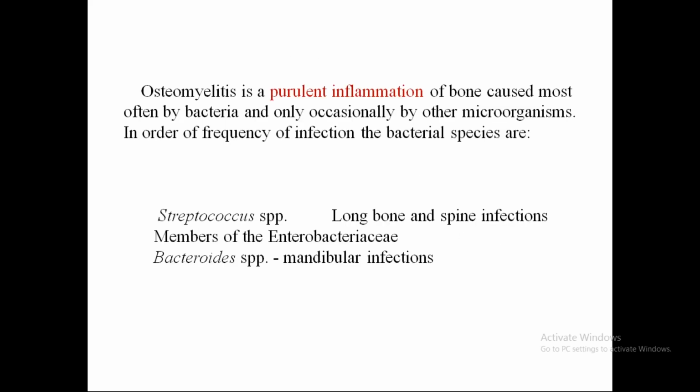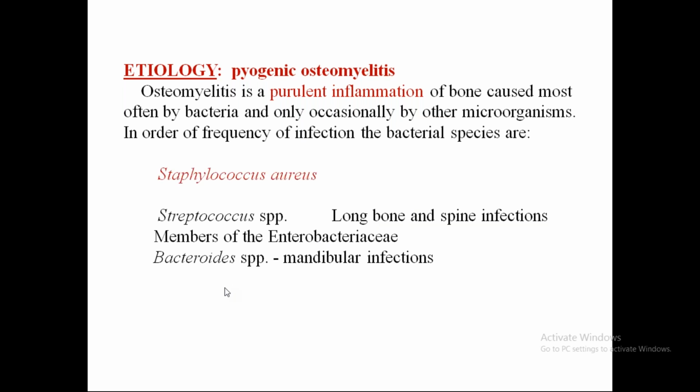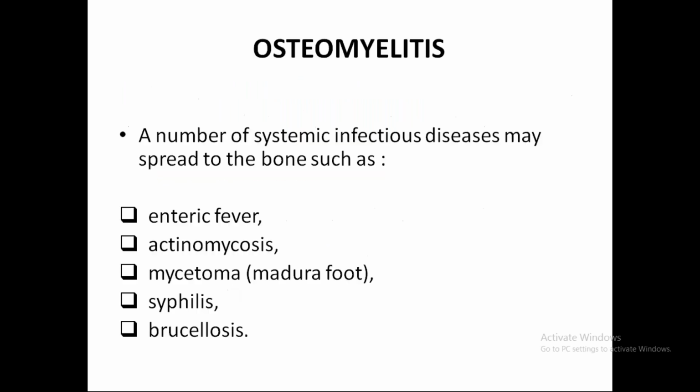Osteomyelitis, that is suppurative osteomyelitis, is a purulent inflammation of the bone caused by many bacteria and occasionally by other microorganisms. The most common one involved is the Streptococcus species, involving the long bones and the spine. Others are Enterobacteria and Bacteroides. Staphylococcus is also another. The systemic infections which spread to the bone are enteric fever, actinomycosis, mycetoma, syphilis,